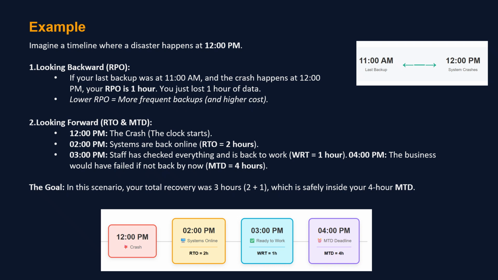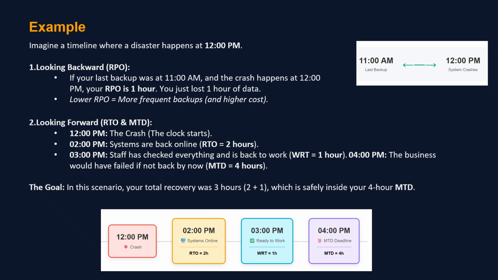2 p.m. to 3 p.m. Staff are validating data, testing applications, catching up on missed work. That's WRT. Work recovery time equals 1 hour. 4 p.m. This is the MTD, the hard stop. If the business is not functional by now, the damage is considered unacceptable. That is MTD equals 4 hours. In this scenario,